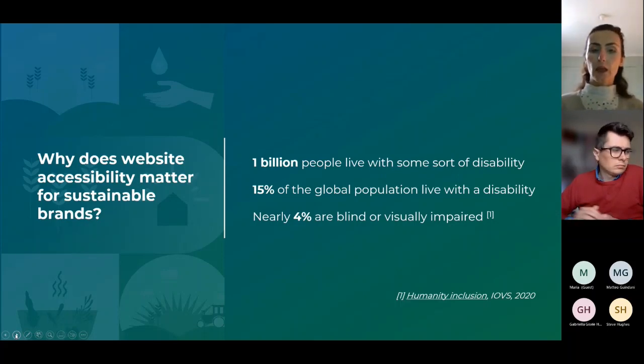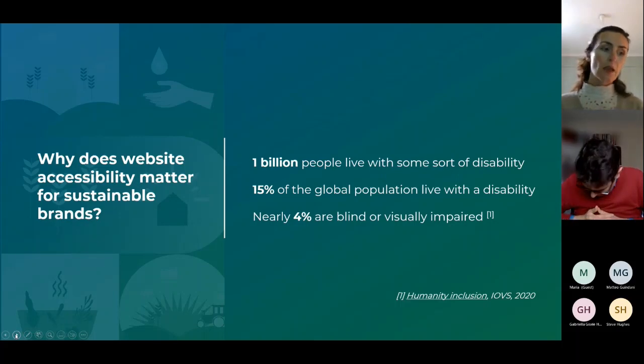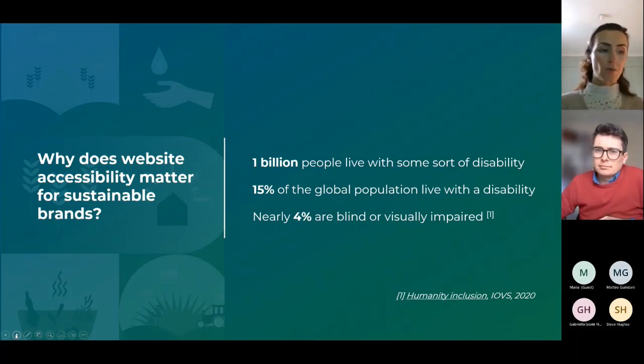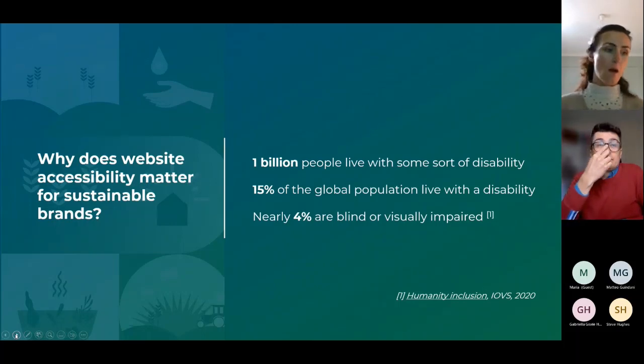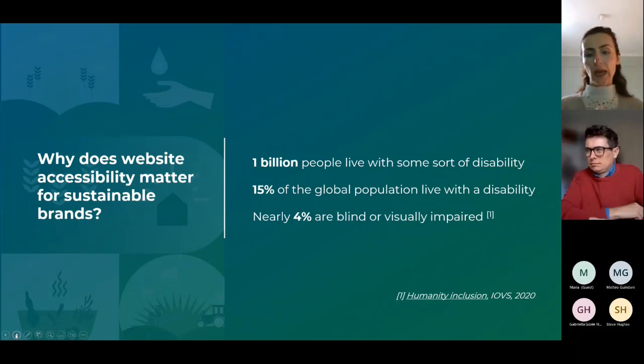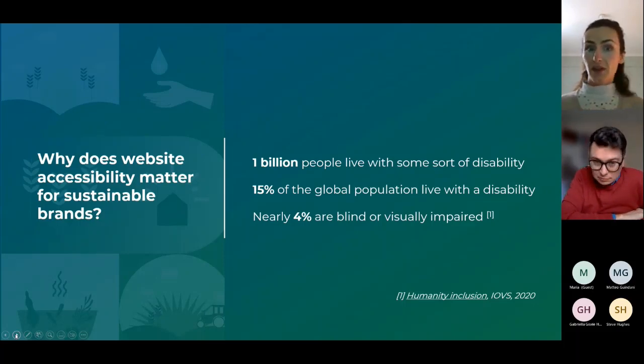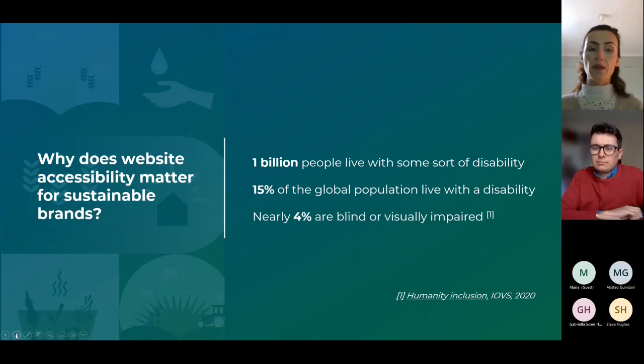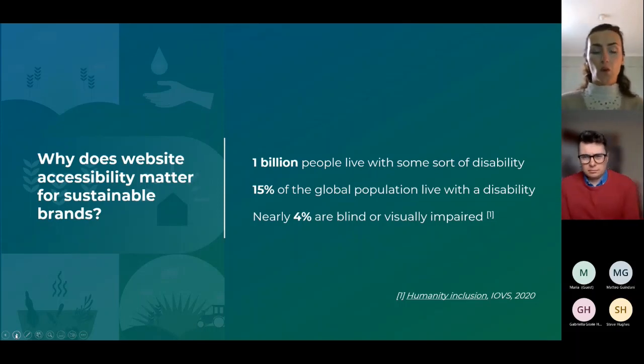So it's not insignificant. And if you, for instance, are targeting an older audience because you're offering some care, or if you're just looking to attract investors, the chances are they're going to be 50 plus. So the level of disabilities might be higher in that context.